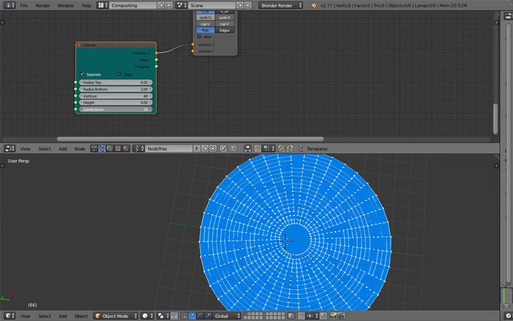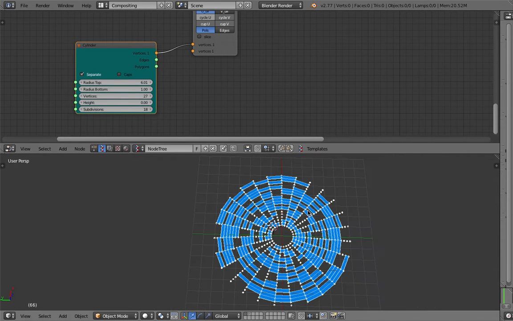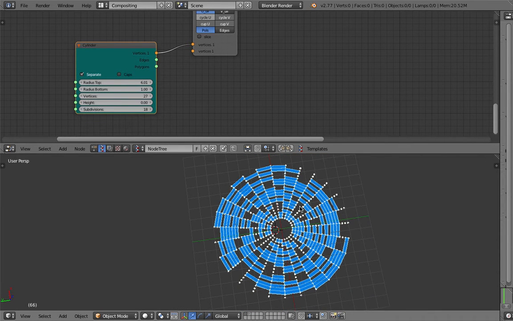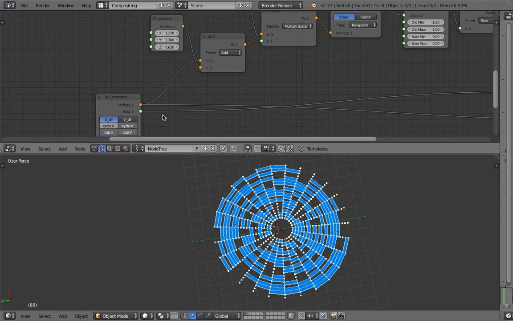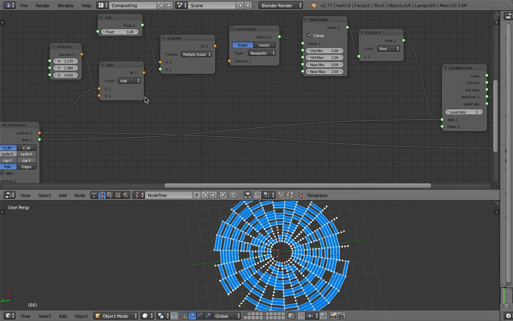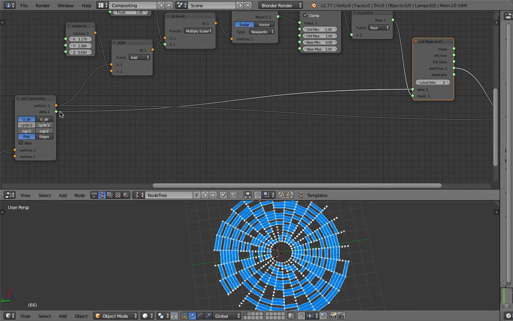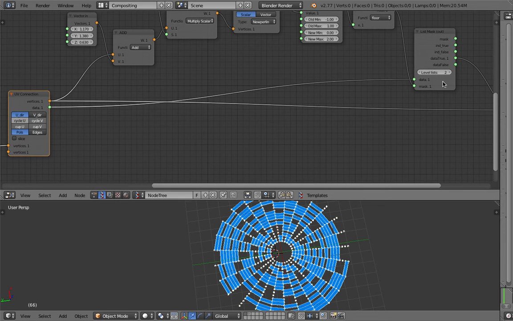Maybe I'll try reducing the number of. Yeah, that's better. Yeah, I have a feeling that this setup might be a little bit flawed because the number of the data from here is not matching the data here. Maybe